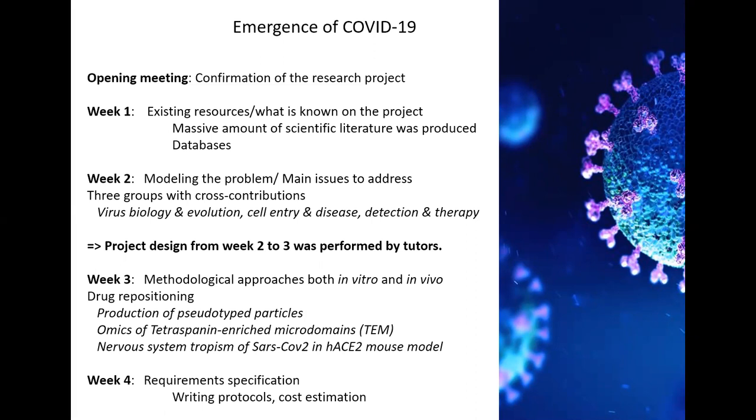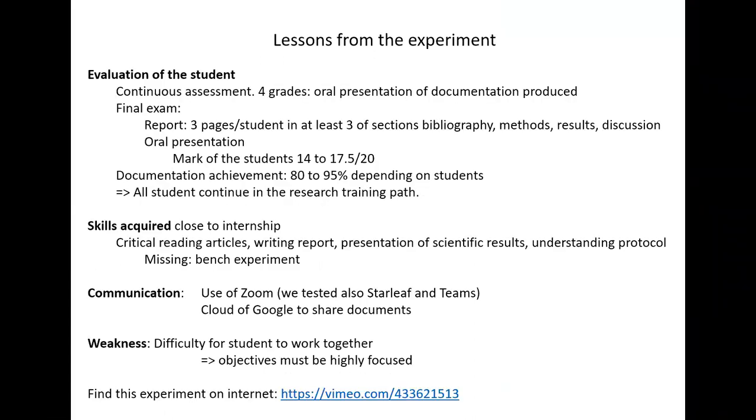project some scientific objectives associated with a methodological approach, and the students had to develop to set up protocols both in vitro and in vivo. And week four was dedicated to the specification and cost estimation. The lesson from this experiment is first that it was very successful, and the marks of